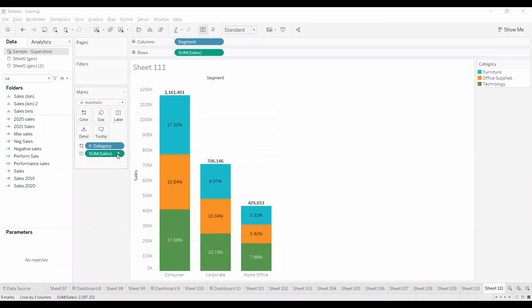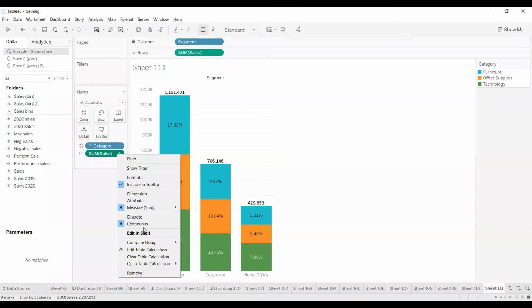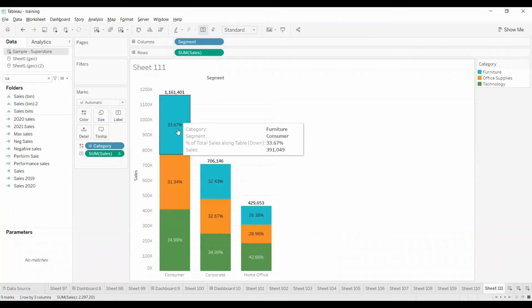So I'm going to set the table calculation with respect to our requirement. Right click on the sales, here compute using table down. So what is it giving with table down?